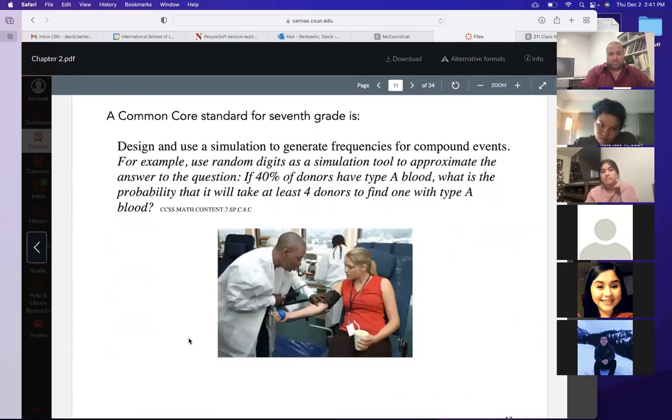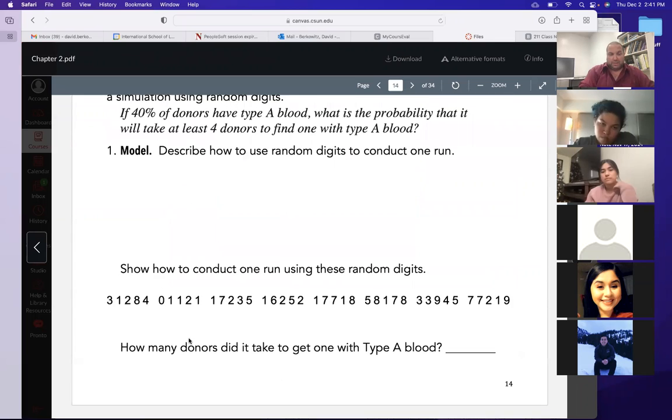You can use random digits. We did that. With the random digits, if I use 1 digit at a time, it's got to be 10% each. If I use 2 digits at a time, it's got to be 100%. If I do 3 digits at a time, it's 1,000, not 100%, but let me rephrase that. If it's 1 digit at a time, that means there's 10 possible outcomes. Each digit is one of those 10. 2 digits is 100 possible outcomes. 3 digits, 1,000 possible outcomes.